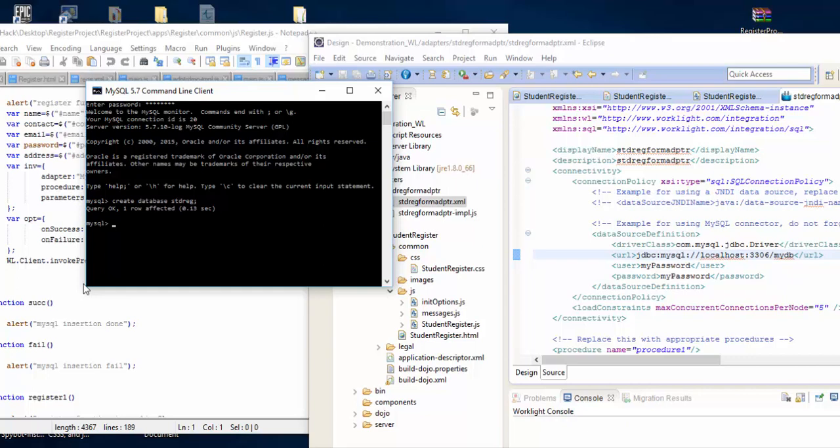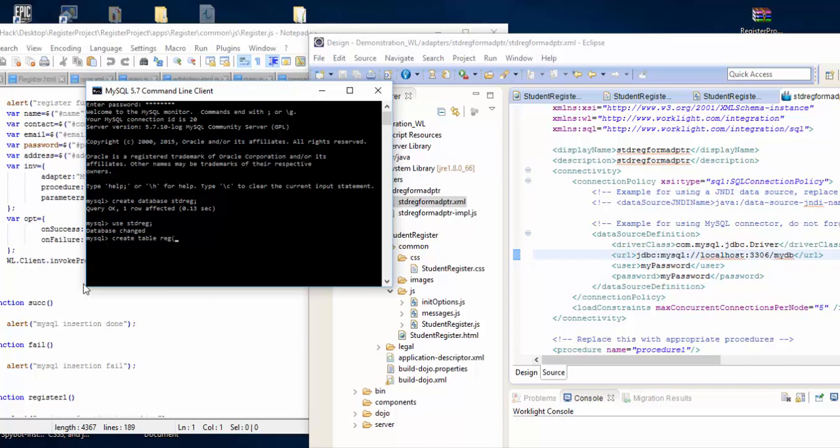Now we are using the std reg database, and now we shall create a table. Create table reg